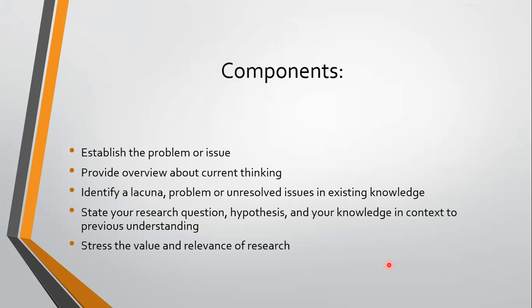So what are the various components now? The components are, you establish the problem or issues. Whenever we start with an introduction, we talk about the morbidity and mortality associated with the disease. What is the present prevalence? Maybe prevalence in that particular country, or prevalence in a particular area. What is the incidence? And then what are the various current thinking,